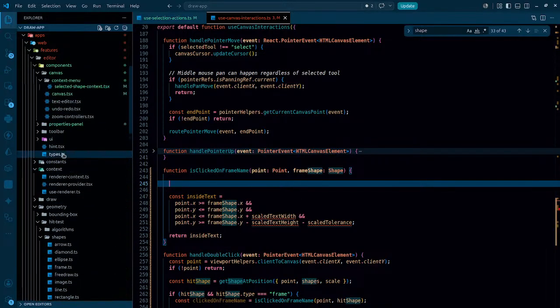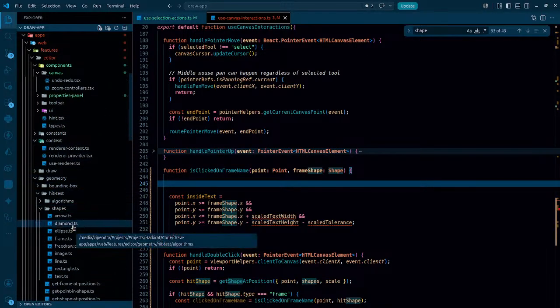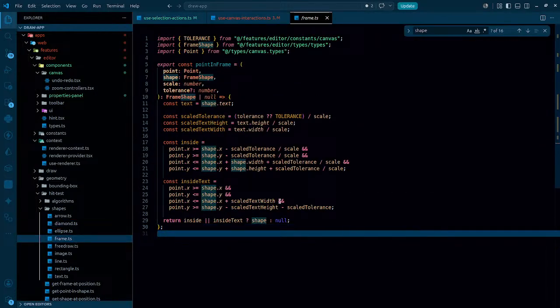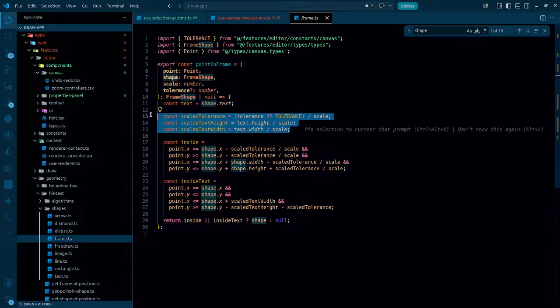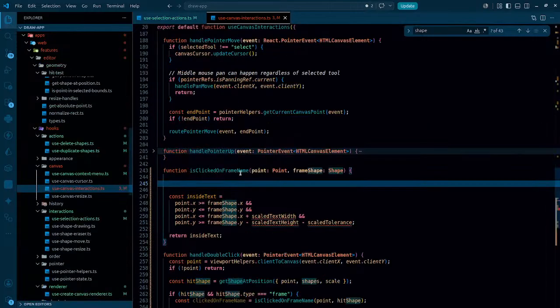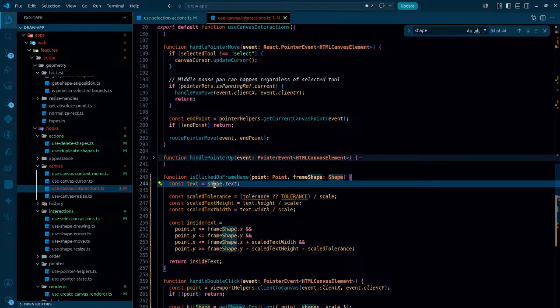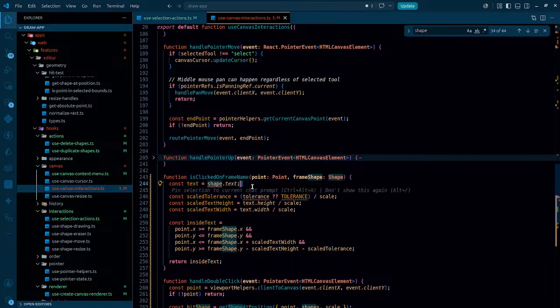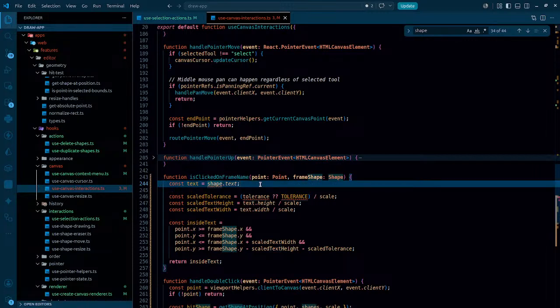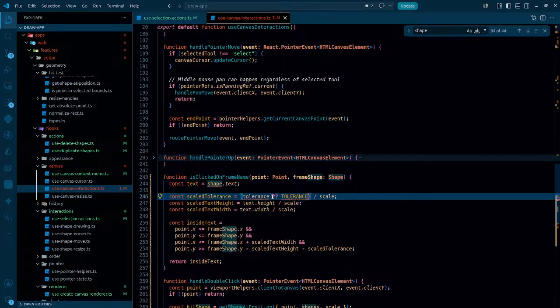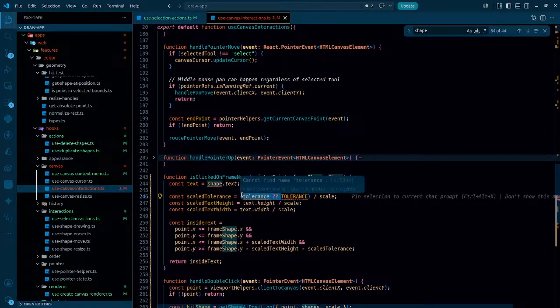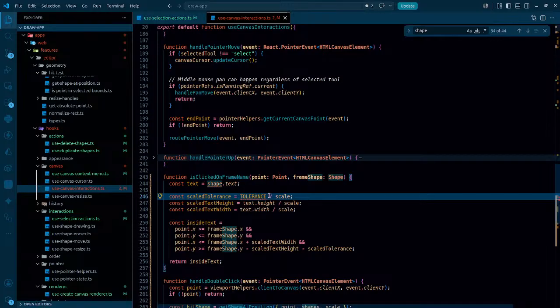So when it comes to geometry, where is that? And especially when it comes to hit testing and this particular stuff here. So I'm actually going to copy this thing as well. So probably this whole thing, and paste it in here. So now when it comes to the shape, actually text. So we are worrying about the height and width of the text, right? That is right. So tolerance is not really here, so I'm going to be using the base tolerance that we have